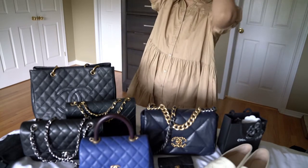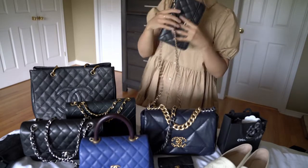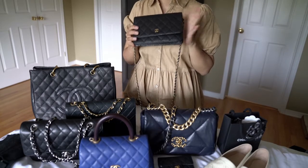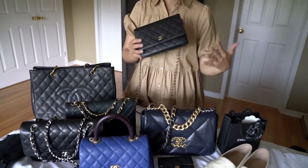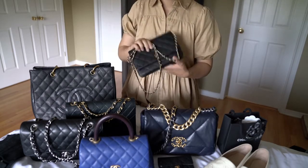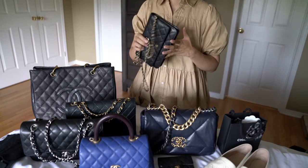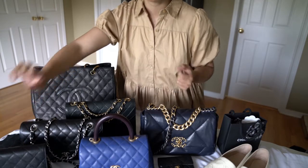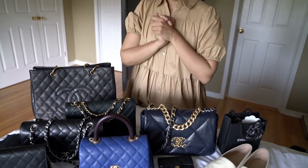But it is one of my first pieces, and I do treasure it. I haven't been reaching for it very often these days because I have other options, but I do still love it and find it very classic, great for like a wedding or a night out or anything like that. So I would highly recommend this piece for anyone who's new to Chanel. Okay,